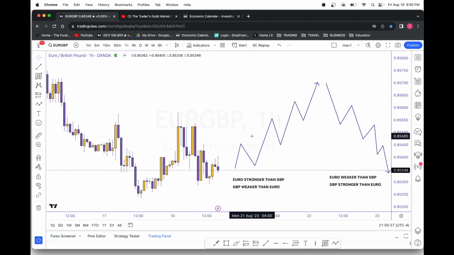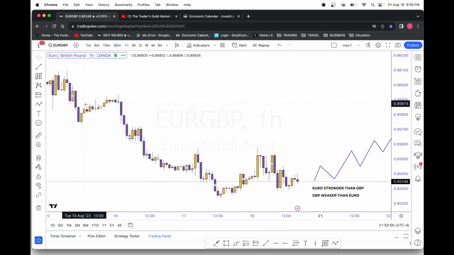So if Euro GBP is going higher, then I'm going to probably be paying attention to GBP for the week for my sells. If Euro GBP is going lower, then I'll probably be looking at Euro for the week for my sells. Hence why you saw me selling Euro USD this week. As you can see on this chart, this entire week, Euro has been selling. Euro GBP has been going bearish. So I would prefer to sell Euro USD over